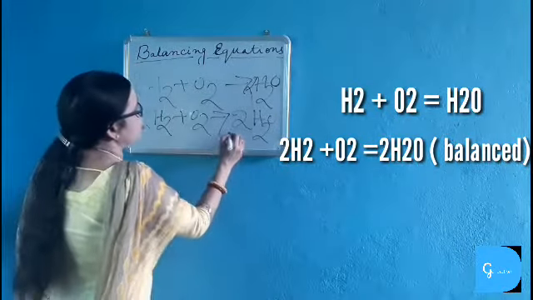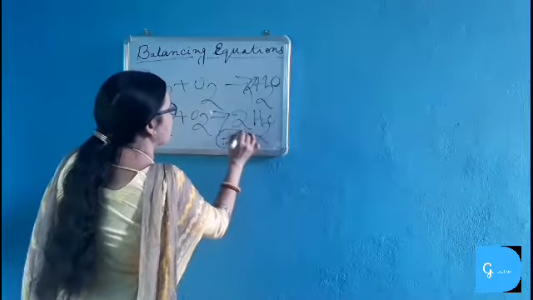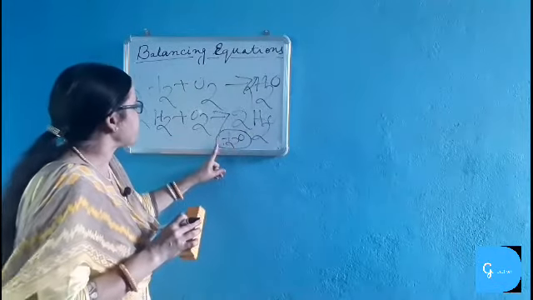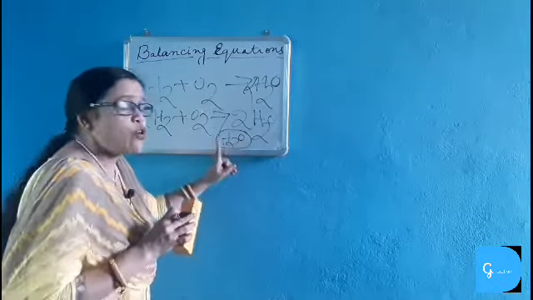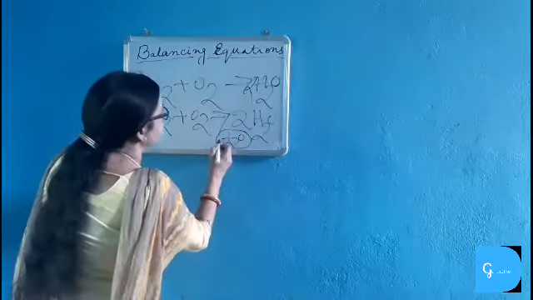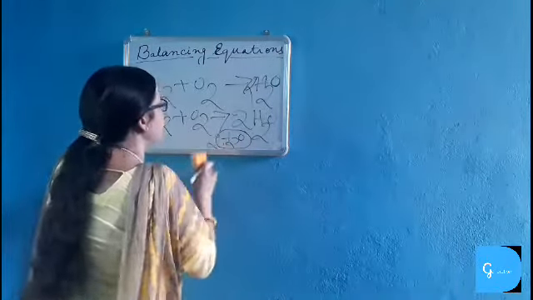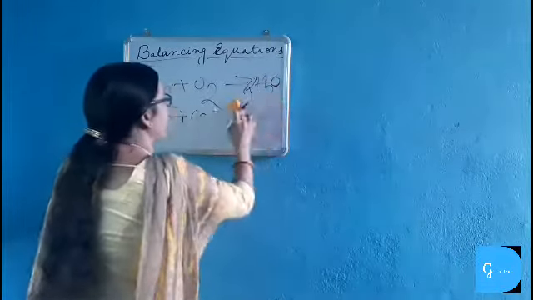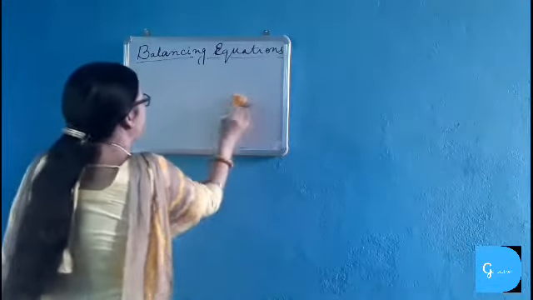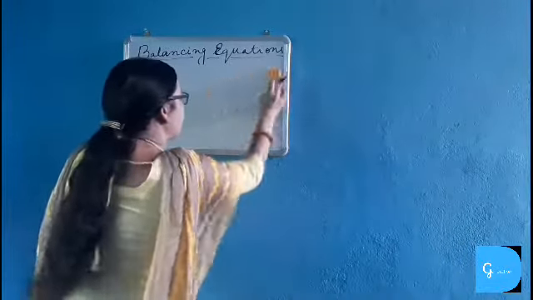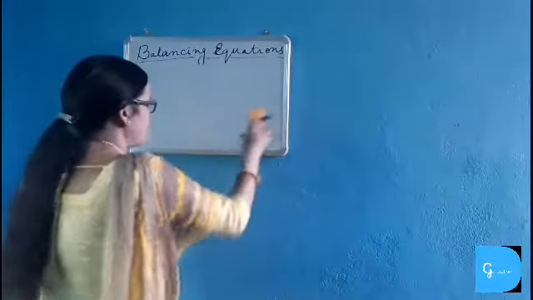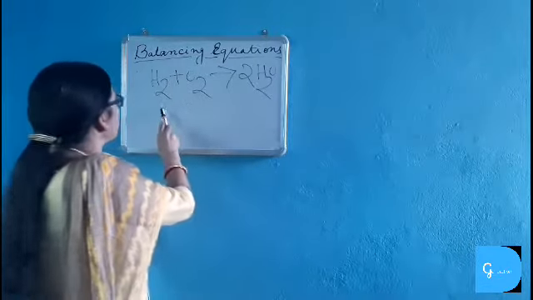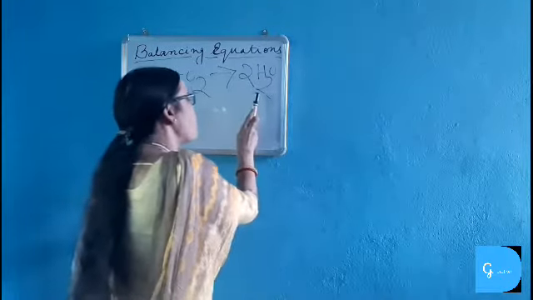And the formula of water will always be H2O. We can't alter the formula of water. H2O is the formula of water, meaning 2 hydrogen atoms react with 1 atom of oxygen to give water. We represent the number of atoms of hydrogen and oxygen, and the number of molecules of water formed, by coefficients like 2, 3, 4. The formula of water cannot be changed. We can only multiply the number of hydrogen and oxygen atoms to form water. Now this is the chemical equation of hydrogen and oxygen reacting together to give water.